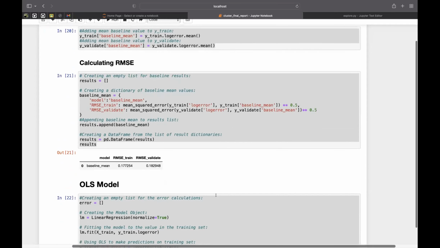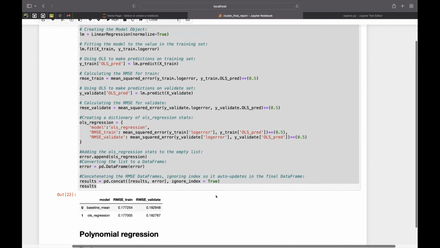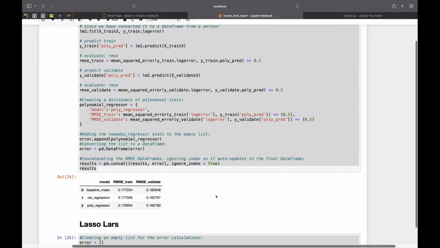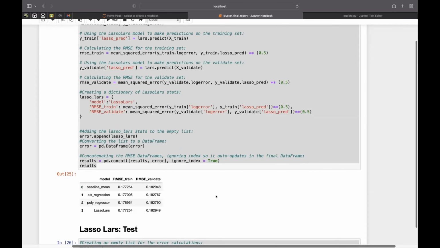So our RMSE was, for train 0.177 and for validate 0.182. So first I started off with an OLS model, and that did just a little bit better on train and just a little bit better on validate. Went for polynomial and about the same. Did just a hair better. And so I went with lasso Lars, and honestly,